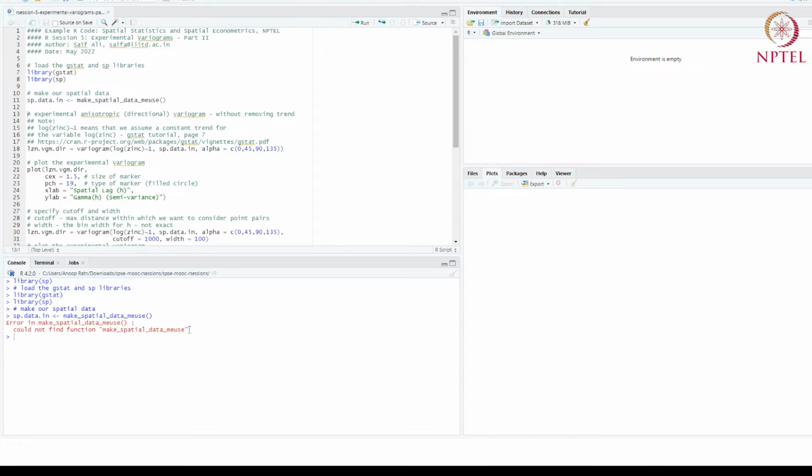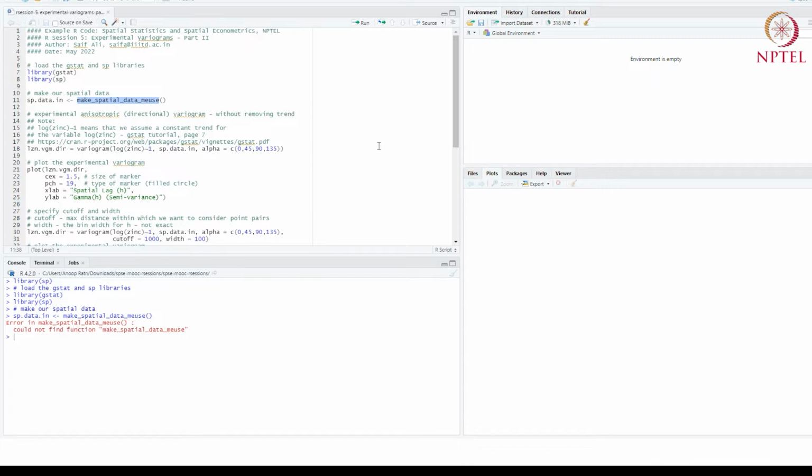So I get an error. This is why it's important to pay attention. It says could not find function make spatial data. The reason it couldn't find the function is because I had cleared my environment. When you clear your environment, everything that was previously loaded is lost. So I need to reload this function.